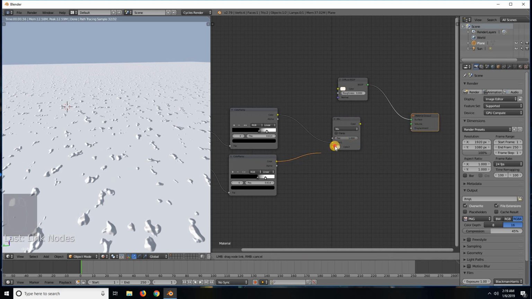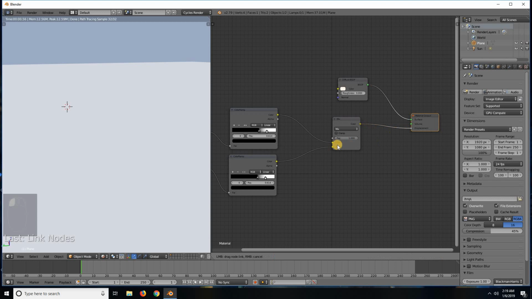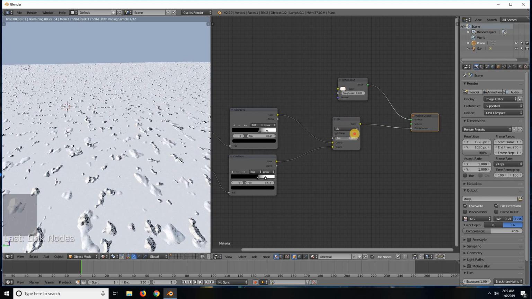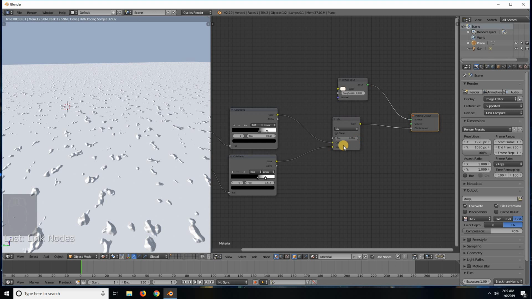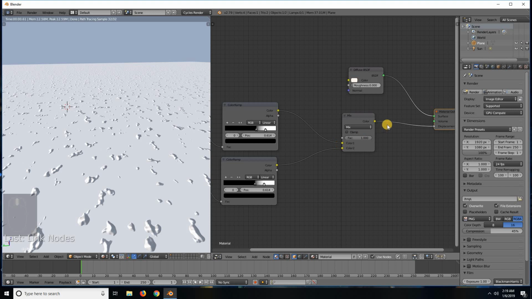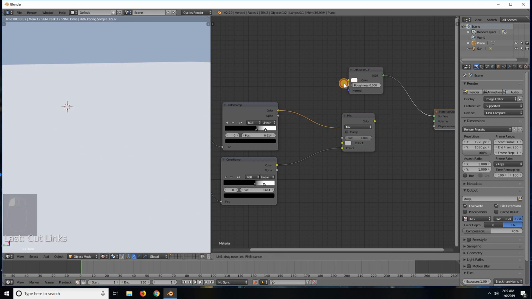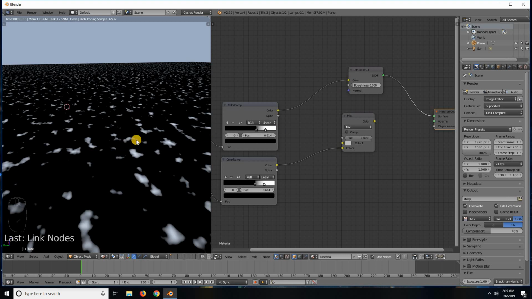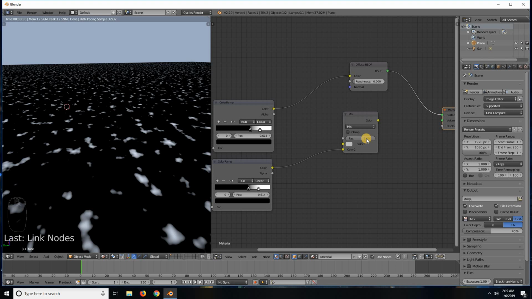So I want to mix these two together, but I want them to both show up at the same time. Well, there's a super easy way to do that. Now, if you remember right, let's cut that back off. In the last episode, we actually used a black and white image to control the factor of a mix node. Well, we can do the same thing again. If we remember, black being 0 is all the top input, and white being 1 is all the bottom input,